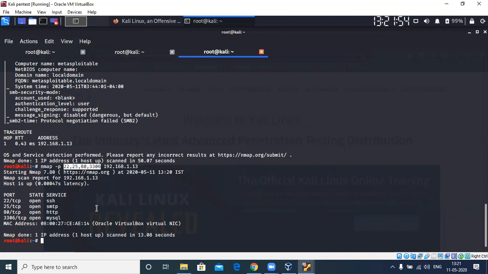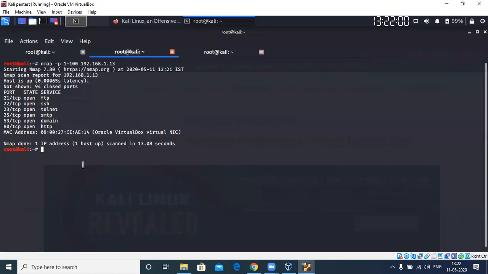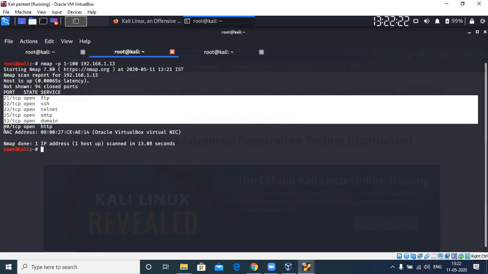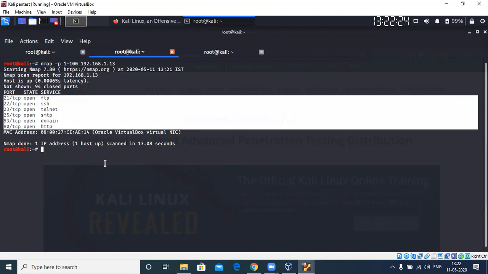If you send a huge number of requests to the server, it will get overloaded, so there is a DoS attack on that particular system. To be careful that you don't disturb the other ports, you can give only the specific ports. I gave a range of 1 to 100, and you can see that no other port is above 100 or below 1.